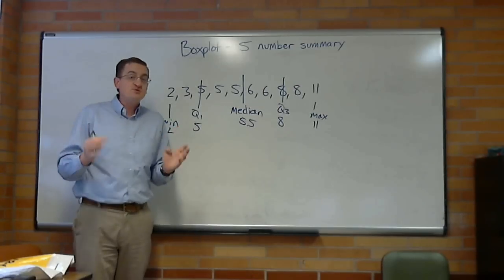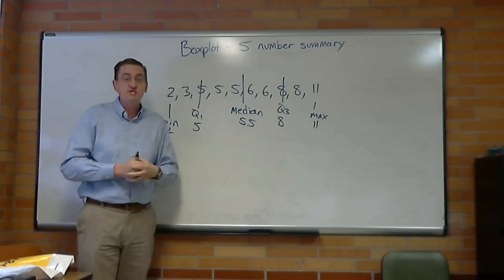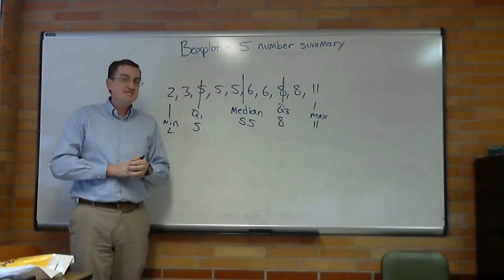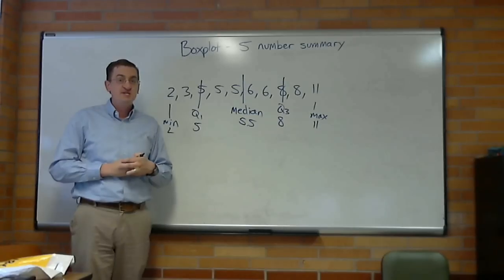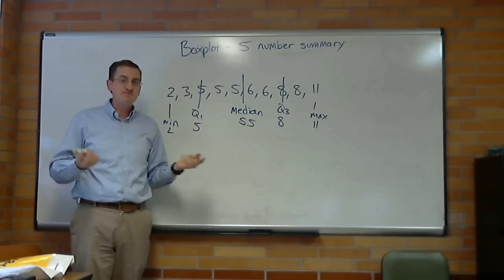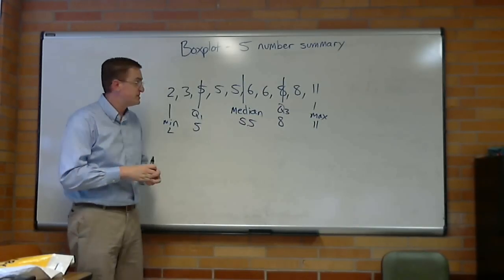So these 5 numbers have summarized the entire data set, which is why we call it the anti-tachyon quantum field set. That's not at all what we call it. We call it the 5-number summary because that's how creative we are.